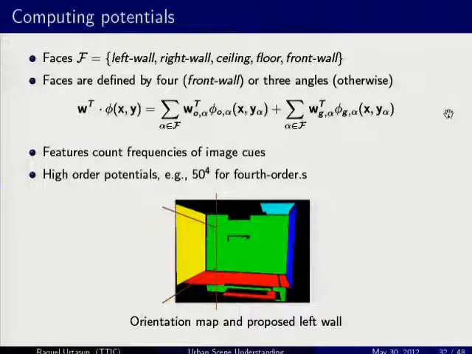And then you try to have a scoring function that says, okay, the left wall should just align with the yellow pixels, right? The front wall should align with the green pixels, etc. Now, if you look at the yellow wall, in order to specify this, you need 3 degrees of freedom, right? There are 3 lines that you need to draw in accordance with these vanishing points. If you want to do the front wall, then you need 4 degrees of freedom. So it seems that this is actually a Markov random field with very high order potentials.